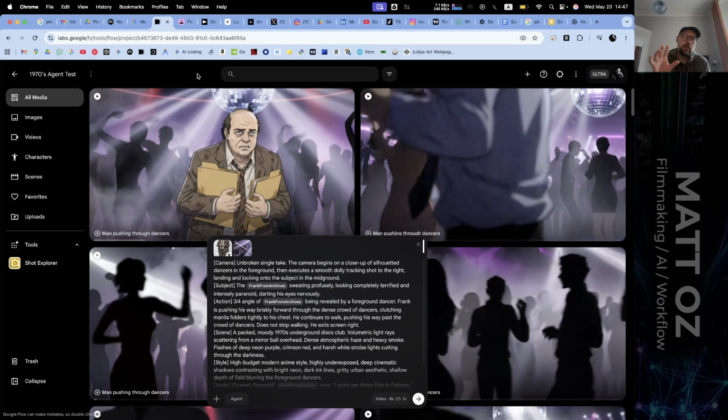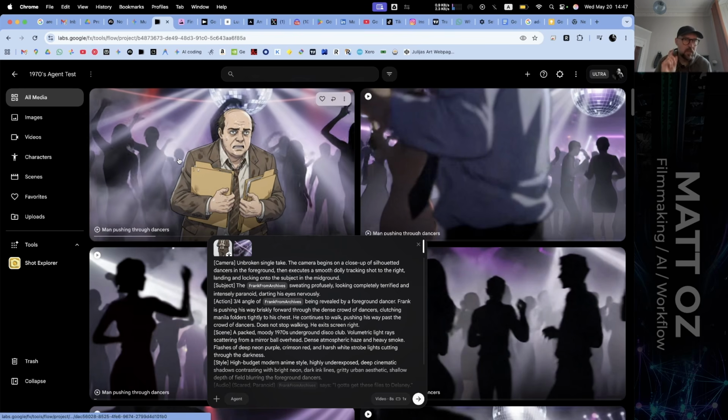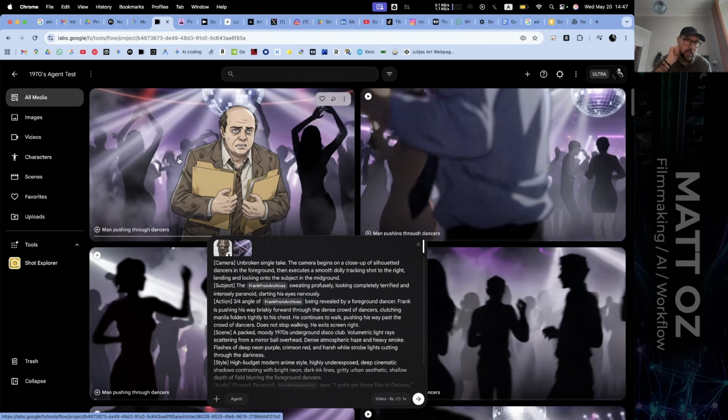Okay, I suspect that if I rolled 4 more variations of this, then the right shot will have hallucinated, but I don't want to waste the tokens. So what I'm going to do is do them one by one. I do find, unfortunately, that doing them one by one will often repeat the same kind of mistake. If you roll 4 at a time, I don't know why, but it gives you a little bit more variety in your render, which is a bit more expensive to do it that way, but your results will be better.